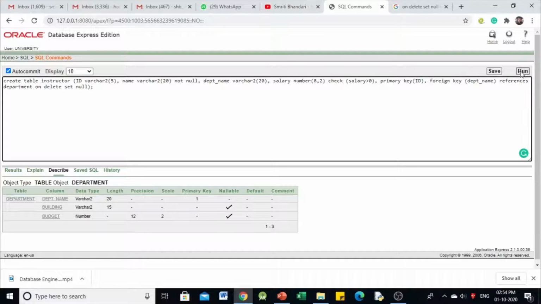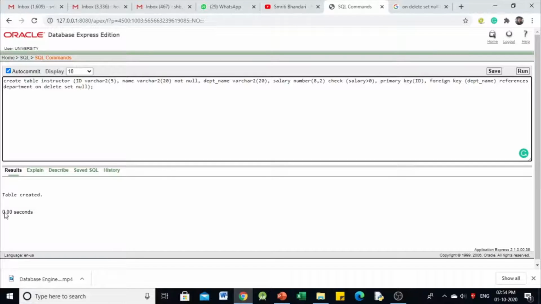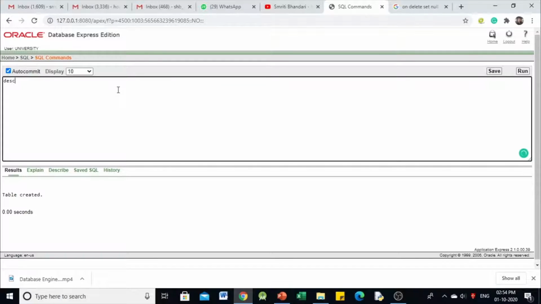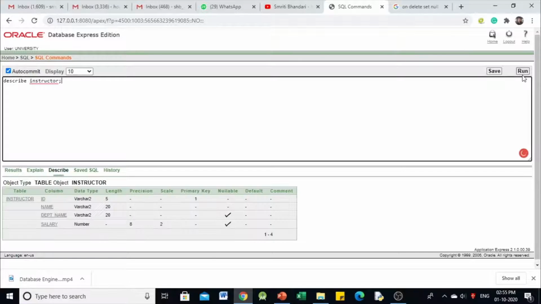So let's execute this statement now. We run this command, and we get once again the message that the table is created. So we have created this instructor table successfully. Now once again we may use the describe statement to see the definition of our table.